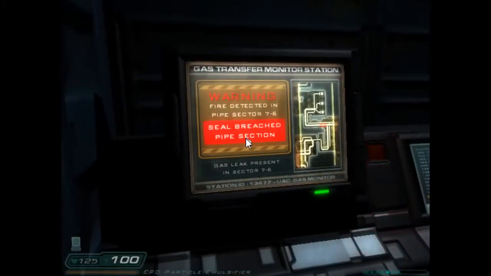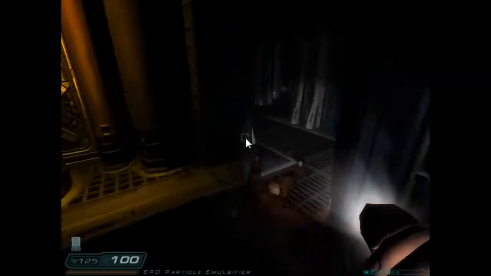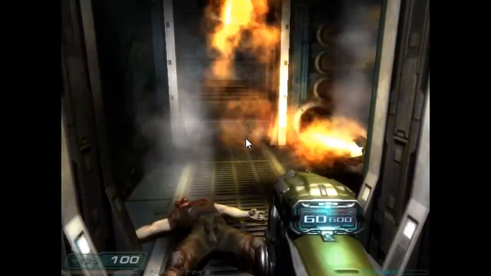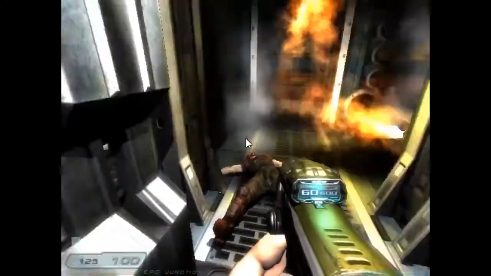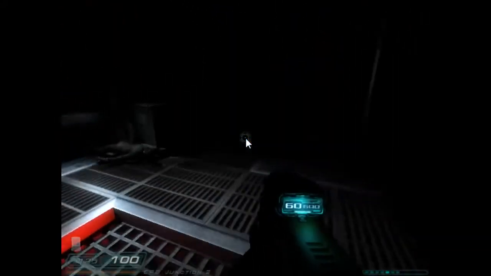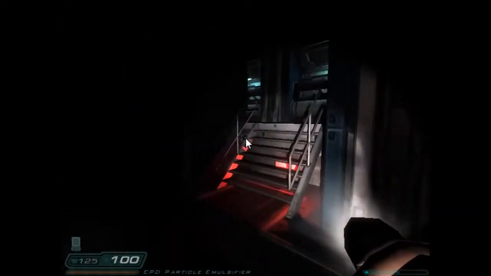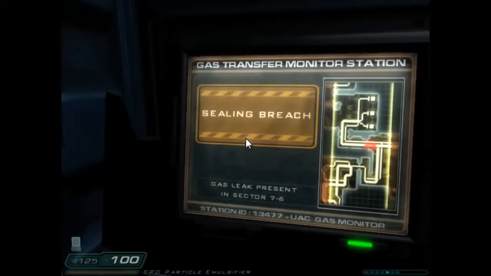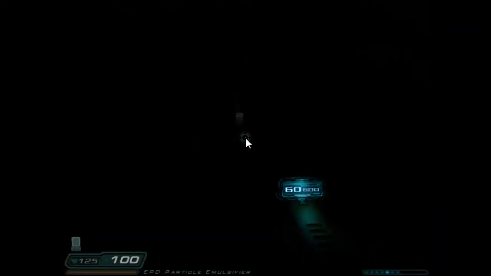And I'm going to hit the seal breached. Now, before I do that, I'm going to show you something. If I go through this door, there's a fire from one of the broken pipes. Obviously, I don't want to go through there at the moment. But there's a way to shut it off, which is something we've got to do if we're going to be able to go there. And this is the exact console used to turn out the fires. Gas leak stopped. Fire extinguished. So, while I extinguish the fires...